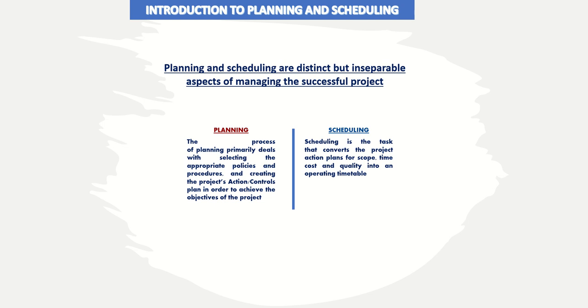So once you set up your plan, the way forward, your thought process, your understanding about all these different knowledge areas, and you put these things together, then scheduling is the task that brings it up to some sort of